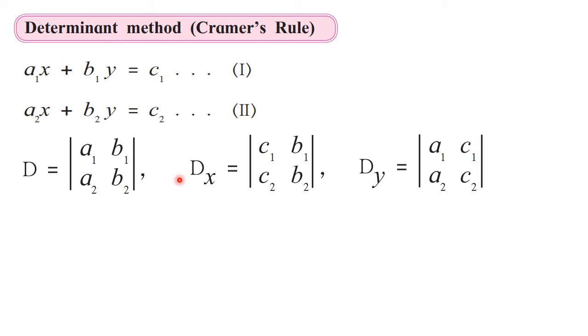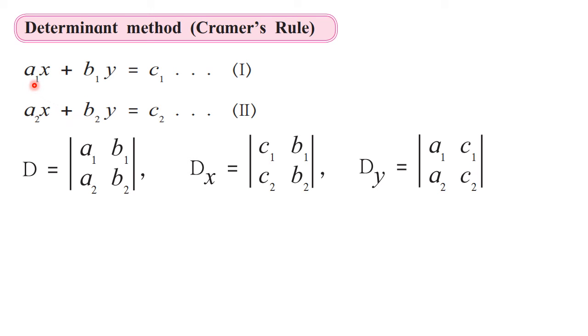Now they are written here horizontally, but while solving you will write them vertically, one below another, because you need to solve them in front of them. When we discuss the question, that time you will understand it better. But how to write down these three determinants, that is important. For writing determinant D, we have to only observe the left hand side of both the equations.